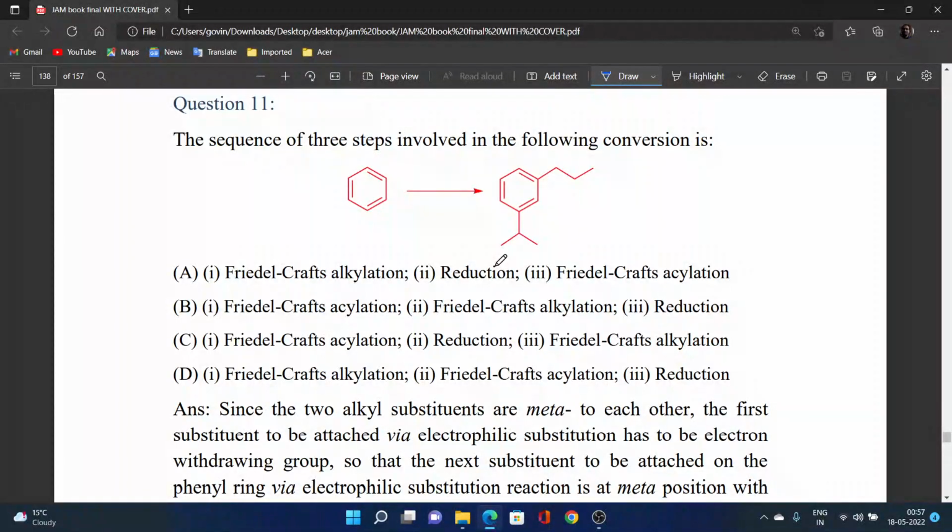Hello everyone. So let's start solving the next 5 set of organic questions from the JAM 2018 question paper. Right. So the first question says the sequence of 3 steps involved in the following conversion is. So we can see here there is a benzene ring, and in the product we are having on benzene ring